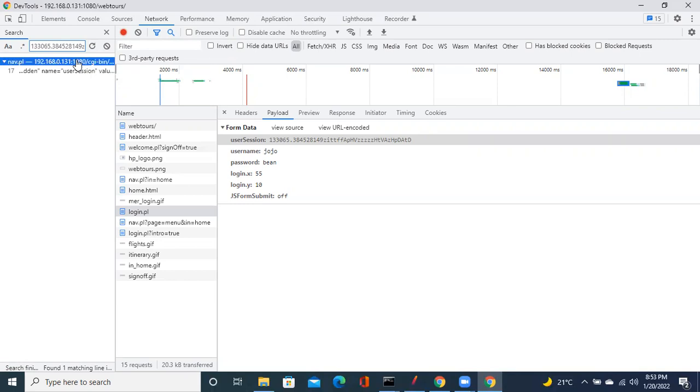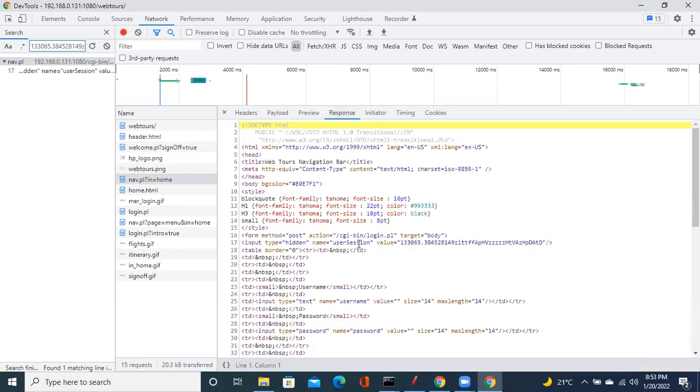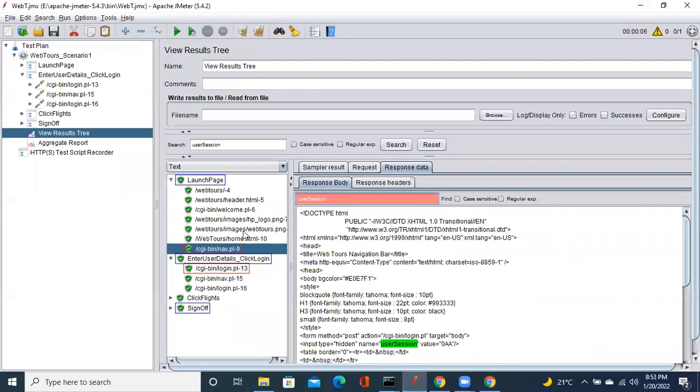nav.pl. In this particular response, you are able to find it here. It is showing in this response. See, user session, something is getting passed, right? nav.pl. If you go to your request, nav.pl,